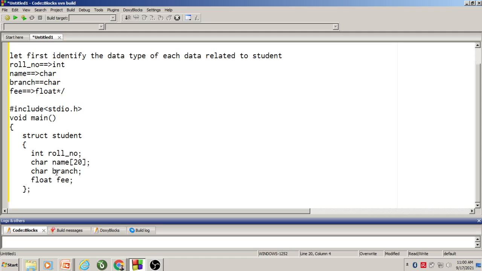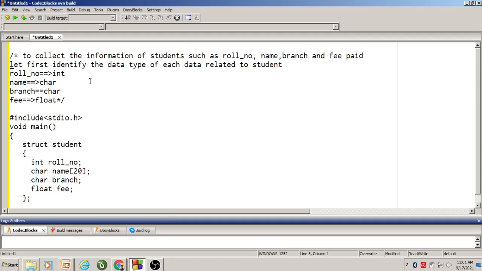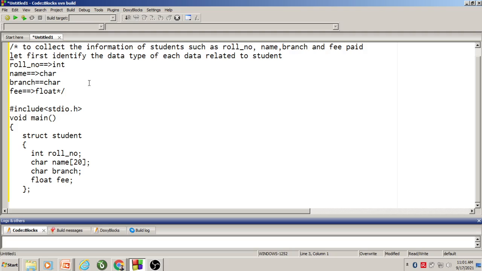The very next step is to create a structure variable. So why do we create a structure variable? Because whatever data is present inside a structure cannot be accessed directly. Therefore we have to create a structure variable, and through that structure variable we can access the data present in a structure. So how do we create a structure variable?